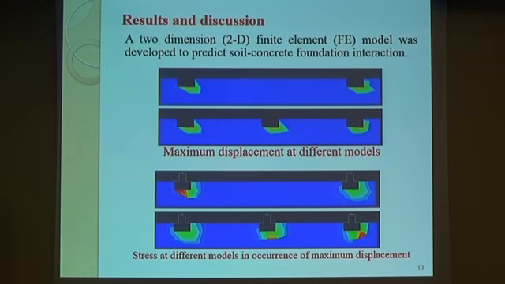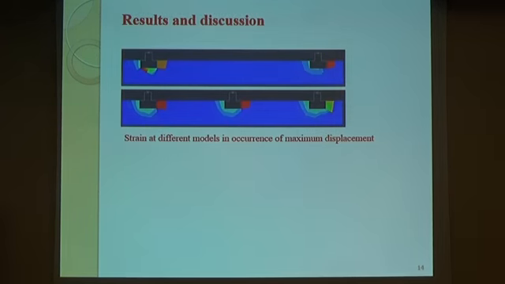Then the work was based on 2D finite element modeling, and we came out with the maximum displacement in models 1 and 2. The type of material we use here is the same in both, and the force we applied here is also the same, in the X and Y directions. But we can find the differential settlement in both cases is not the same. It's due to adding a new foundation here. If we come to the stress, we have the same. Second part, we also have the strain.